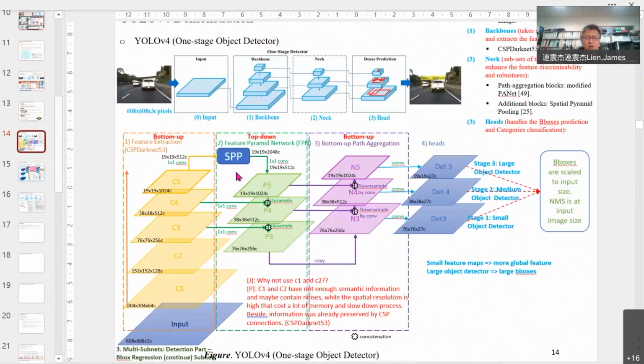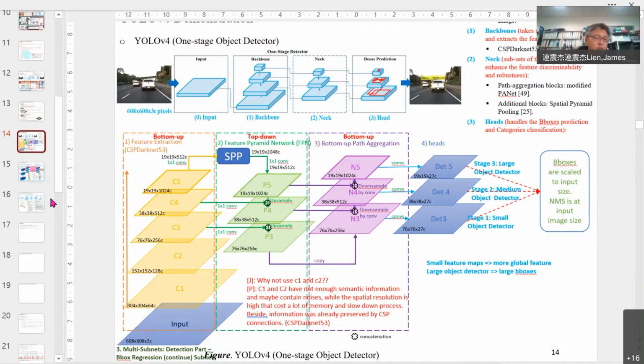So back to here. Here we want to have a wider path in order to keep information, because it's only low resolution. Even though it's low resolution, we still want to extract more information to here. So they use SPP here. If you put SPP between these other ones, probably it's not a good idea. Too many SPP is not a good idea.